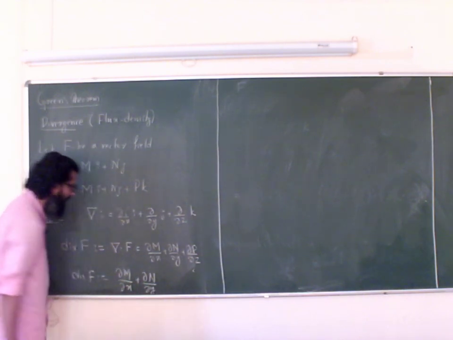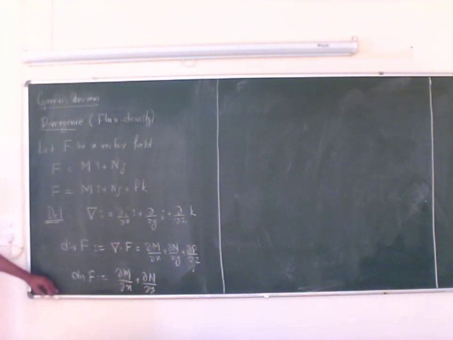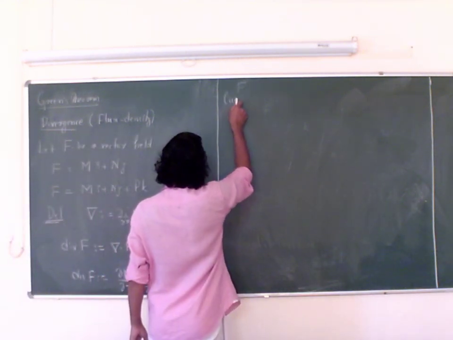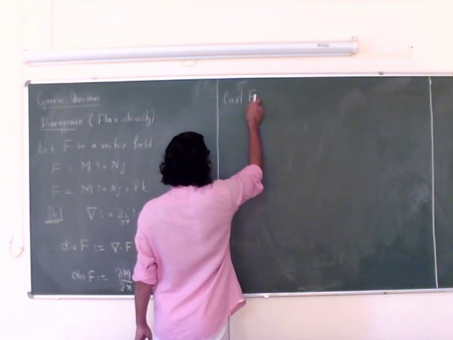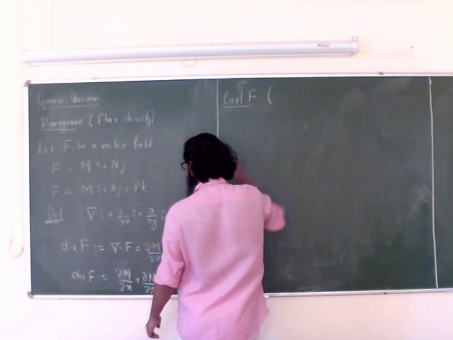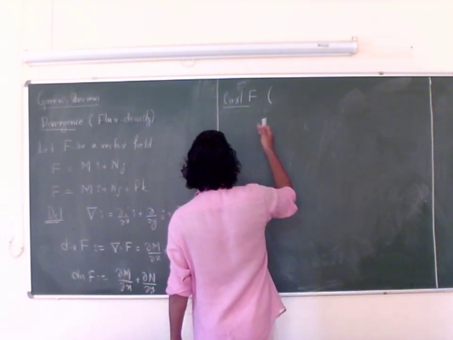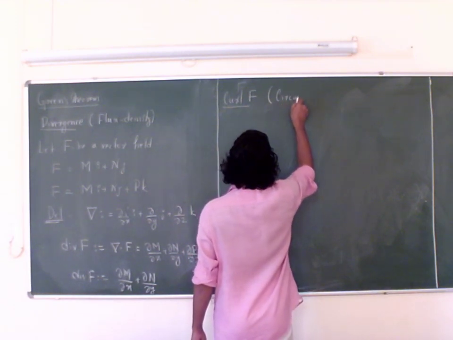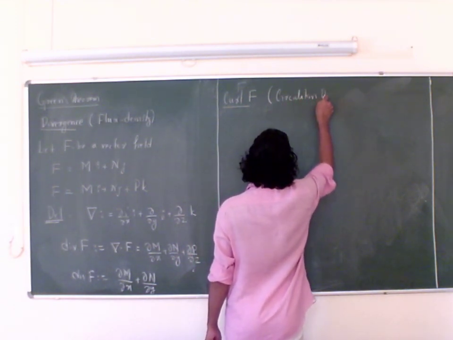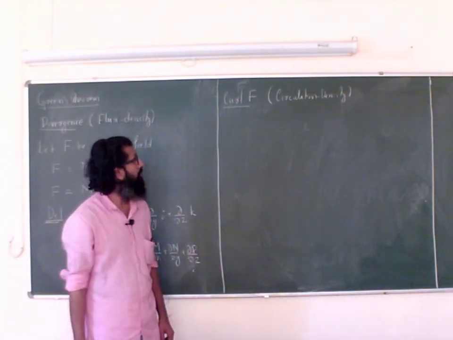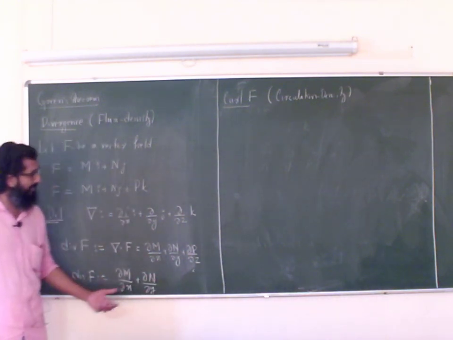We can do some examples to find the divergence of vector fields, and I will use this divergence in Green's theorem in one form, and there is one more form. For that I need another concept called curl. It's a vector, whereas divergence is a scalar quantity. So it has another name called circulation density. So I am going for the general case, so we can go for the particular special cases later on.